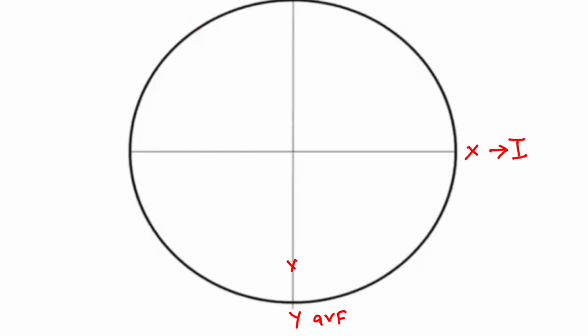Similarly, if the direction of the axis in lead 1 is like this, and the direction of the vector in lead AVF is in this direction,